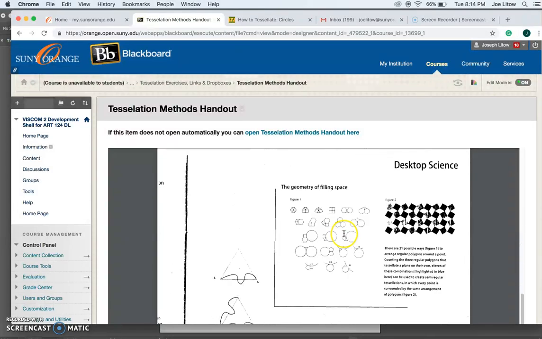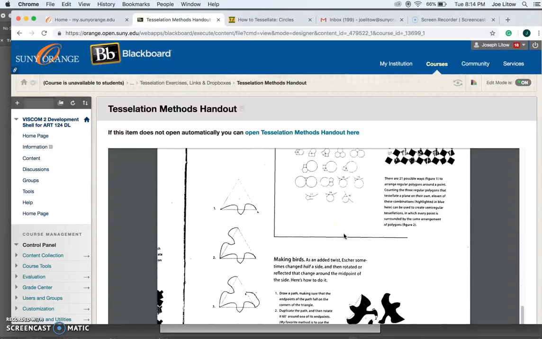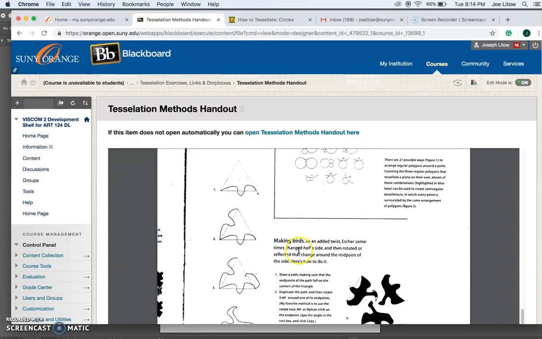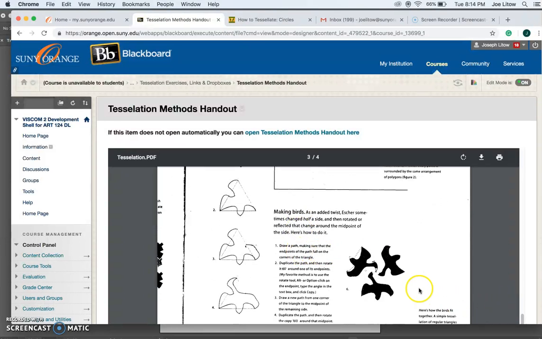As you go down to here, there is an interesting process in order to create birds that rotate. You will notice if you look at Escher's work that you will see the birds rotating, and the negative space will be another form as well. But this is another one I wanted to point out to you.